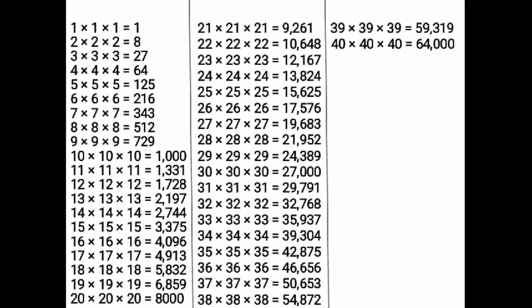Okay, I already used the same division number 3 times. From the number 1000 I am taking another number that is divisible. Because when you are finding the cube roots, you have to make 3 times the same number multiplication in one group and another 3 times the same number multiplication in another group. This is the cube of the number tables. So number 1000 is here. Cube of 10 is 1000. So number 1000 is divisible by 10.